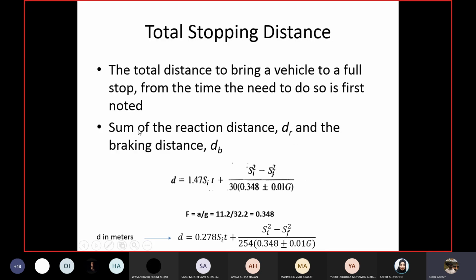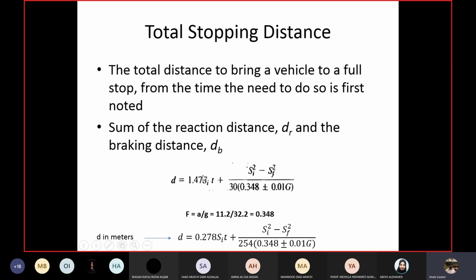And this is what you see in this equation. This is the braking distance equation, which we already know about. This is the perception reaction distance: 1.47 S into T. Speed into time is distance. The speed is the initial speed, because when you are thinking, you are at your initial speed. Time is the perception reaction time, PRT. I already showed you a table of recommended values of perception reaction time last week. The slides are already uploaded, so you can go and have a look.